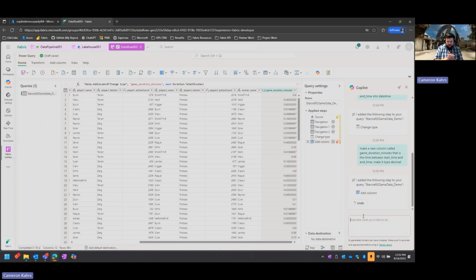So now what if I want to do something that's maybe a little more complicated? Because what I've shown you so far, you can do with the UI and the buttons up here. But if I want to do something a little more complicated, I'm going to have CoPilot write the M code that's a little more involved. So now I need to make a column called winner faction. I want to just look at the faction of the winner. So what I'm doing here is I need to look at who won the game, the winner name,